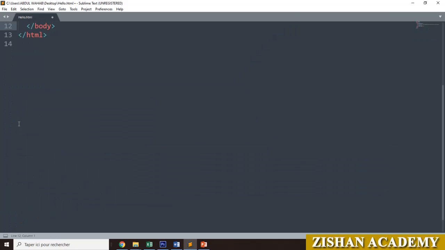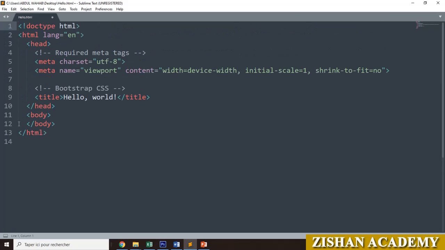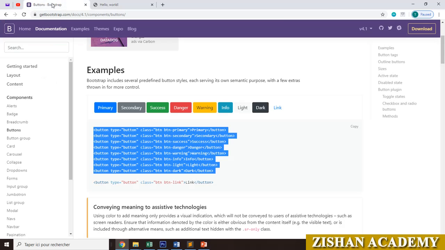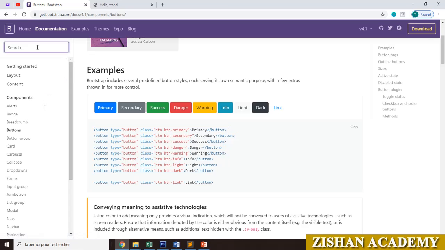Now we will go for the second option, to download Bootstrap on your system, and you can work offline. Now to download Bootstrap, you have to go to the Bootstrap website. Here you can go for downloads.